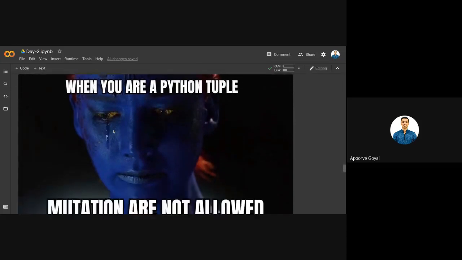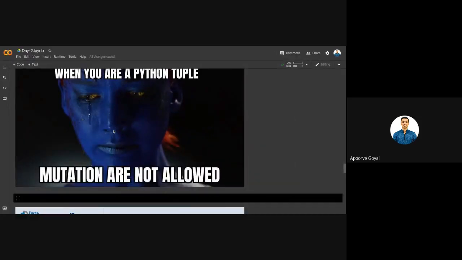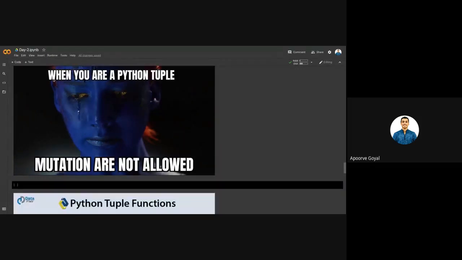So now we come to tuple, and tuple has some amazing facts. Basically, when you studied list, Aradhya told you that it is mutable. What does mutable mean?